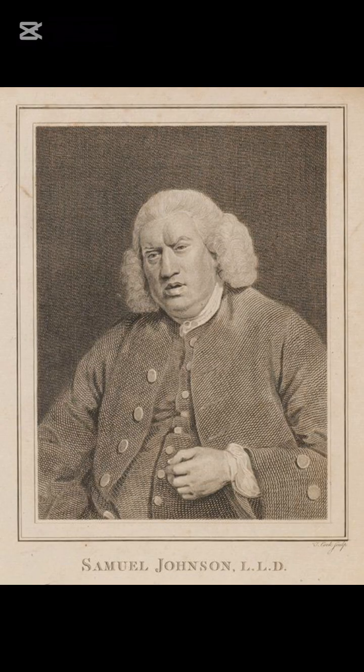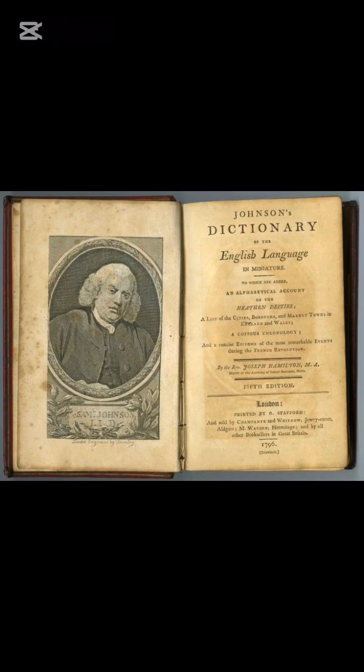And in 1755, Samuel Johnson published the first major English dictionary, helping to standardize spelling and meaning.